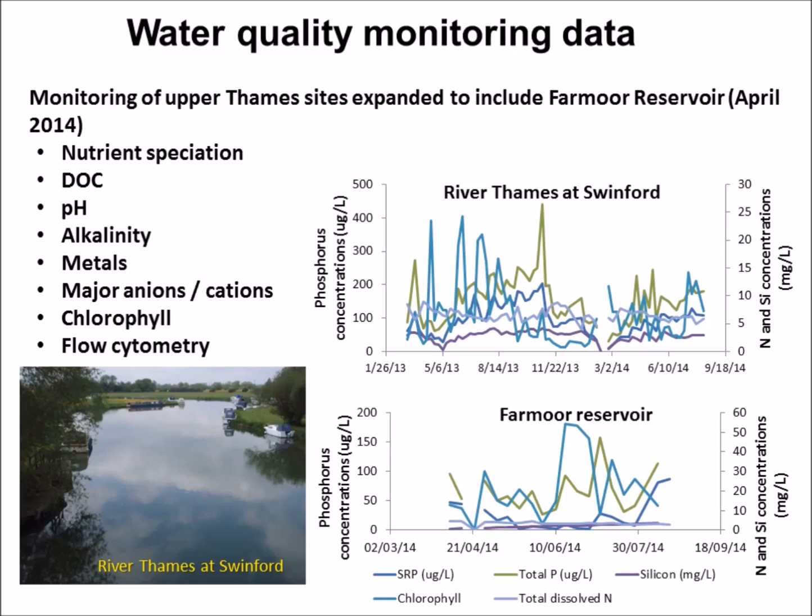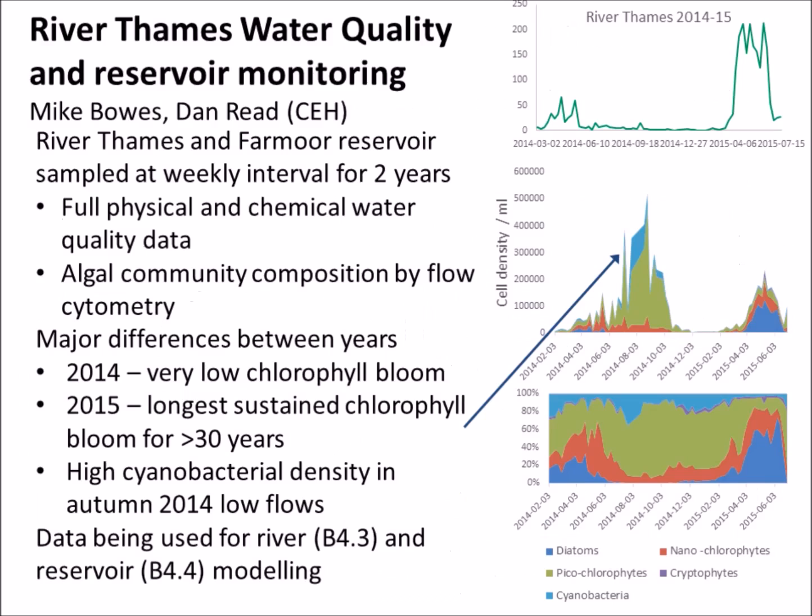And that's important because within the MaRIUS project we actually do have a reservoir component modelling program being run by Alex Elliott from CEH. Mike's work is very interesting because it's using a new bit of technology called cytometry. You can take a water sample and you can measure the different species of algae or different algal groupings. And that's the first time that you can do that without actually staring down a microscope. This instrument will actually directly measure different species of algae more or less instantaneously, which is a pretty impressive bit